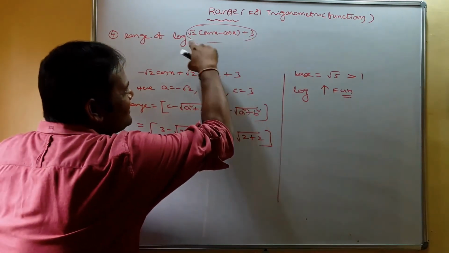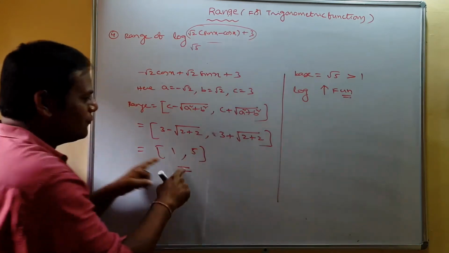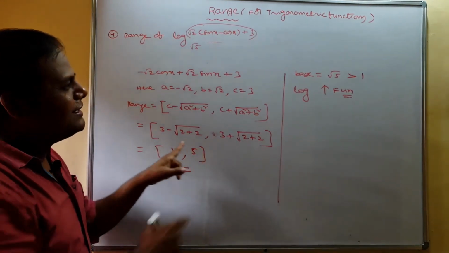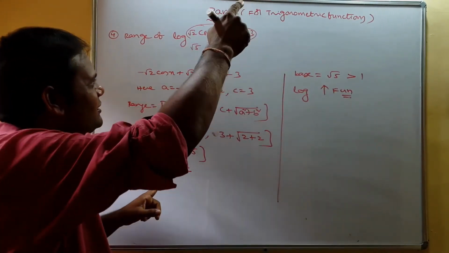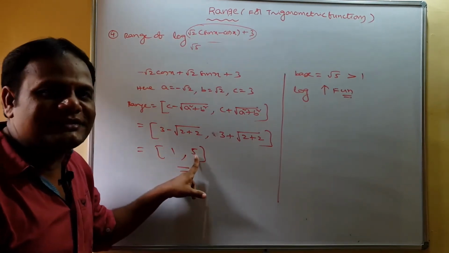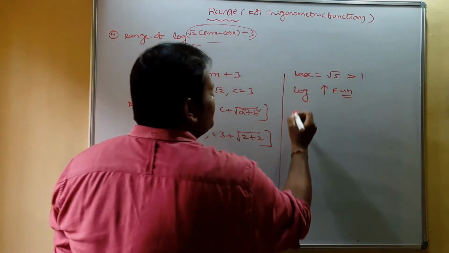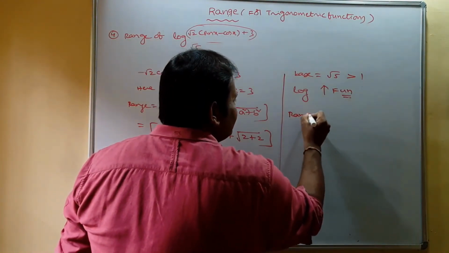These values, this is the input. So what about these values? 1 to 5. It is an increasing function. Increasing function means minimum at 1, maximum at 5. Is it clear? Right. So the range equals